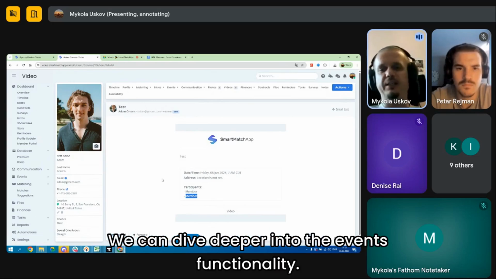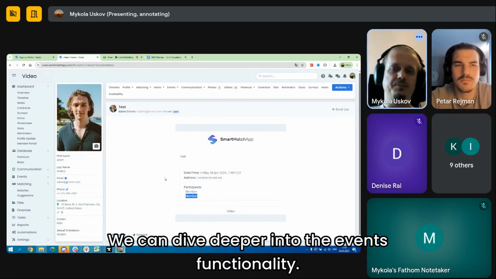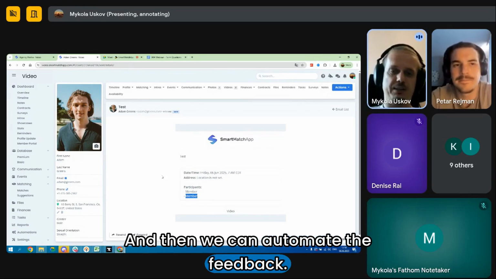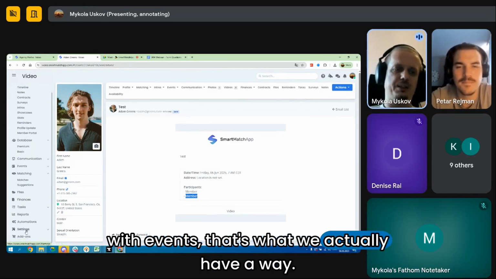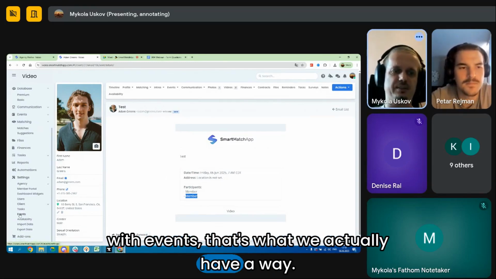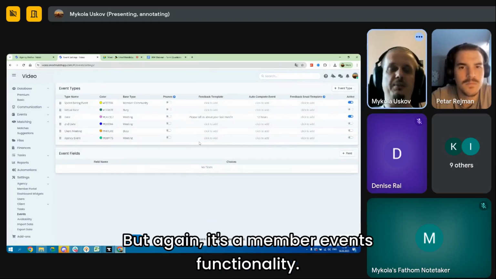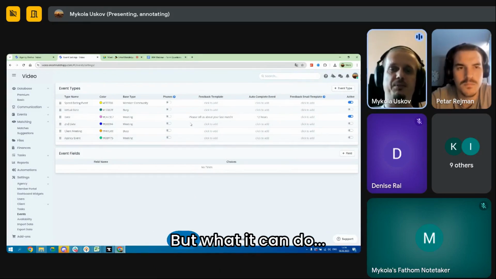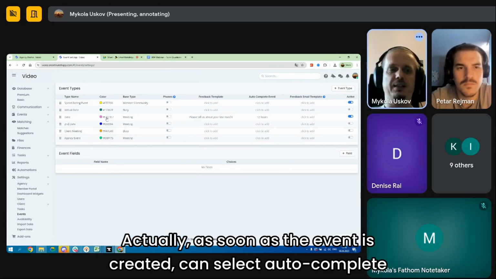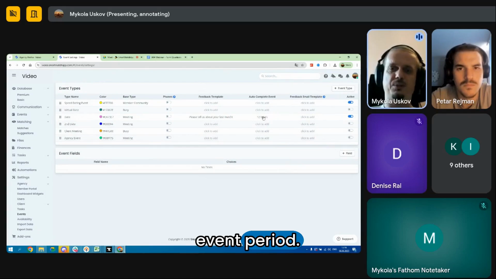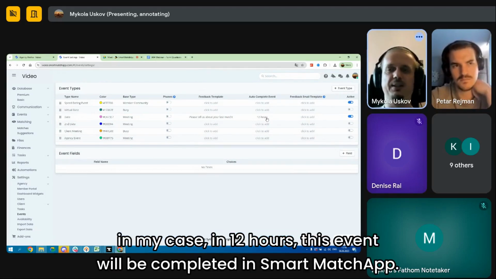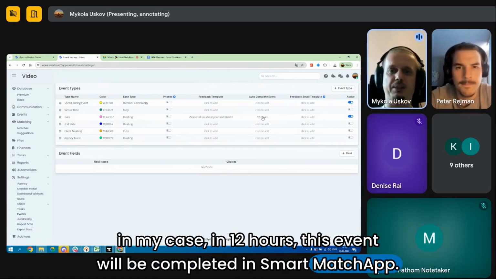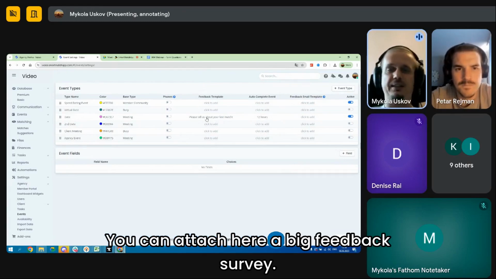That's all about events. We can dive deeper into the events functionality. And then we can automate the feedback. With events, again, it's a member events functionality. That's another additional add-on to the system. But what it can do, actually, as soon as an event is created, you can select an autocomplete event period. So in my case, in 12 hours, this event will be completed in SmartMatchApp. You can attach here a date feedback survey,